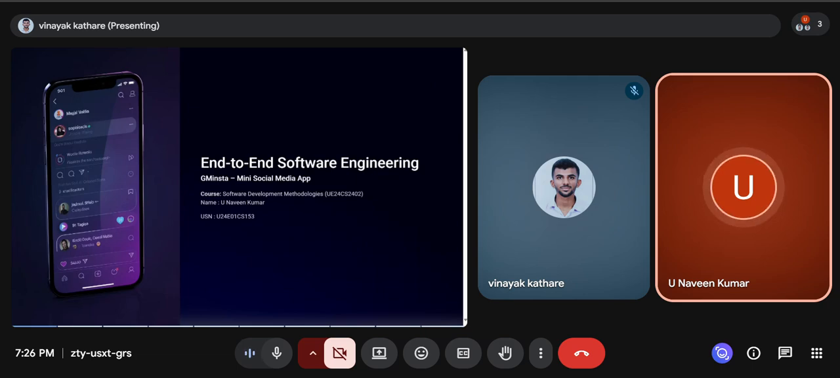Today, I am going to talk about the end-to-end software engineering GMinsta mini social media app. This is the requirement. In this, we have requirement, design, development, testing, deployment, and UI. And next slide,